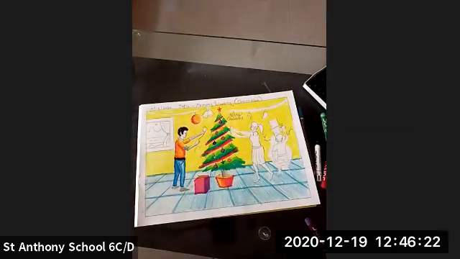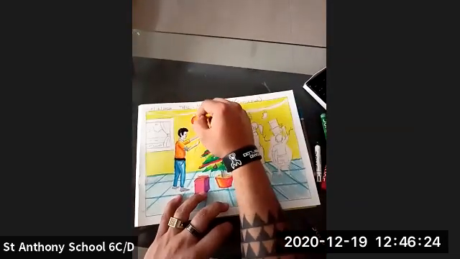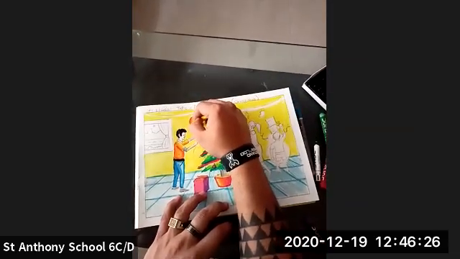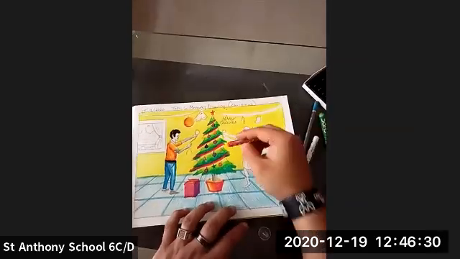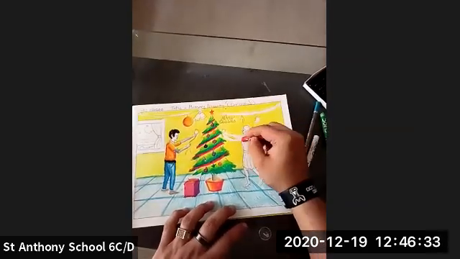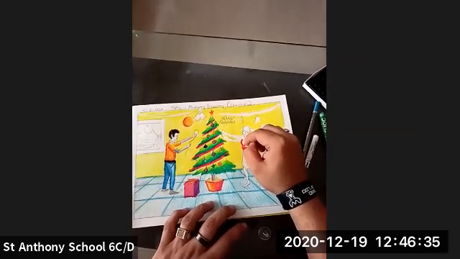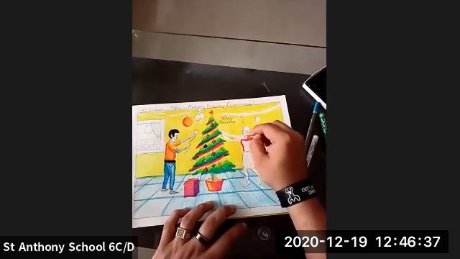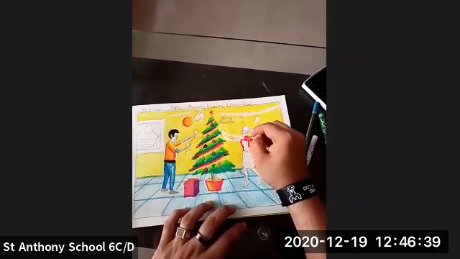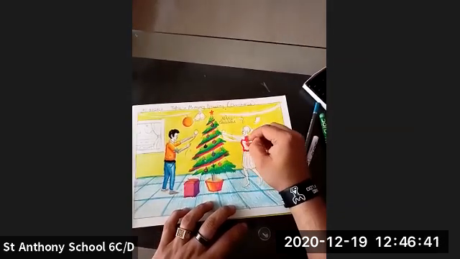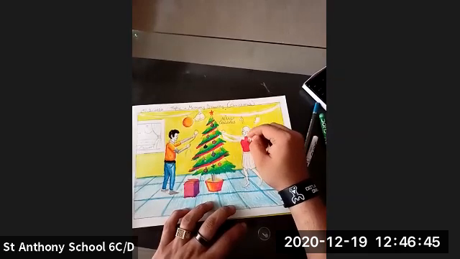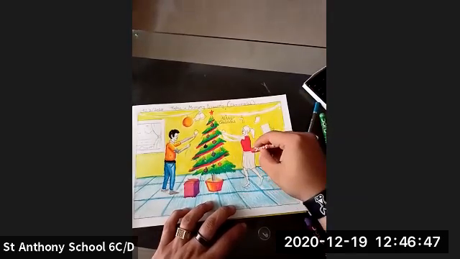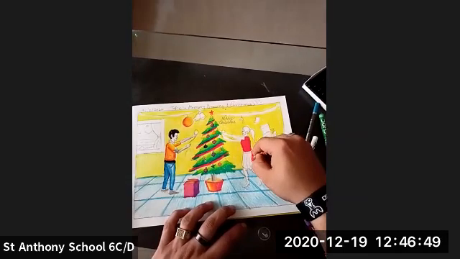So this is how you're going to shade it. Just look at this. This is the way you're going to color it.